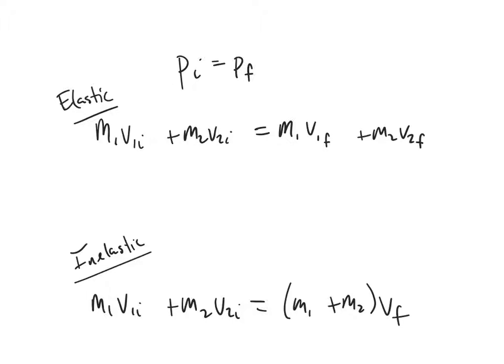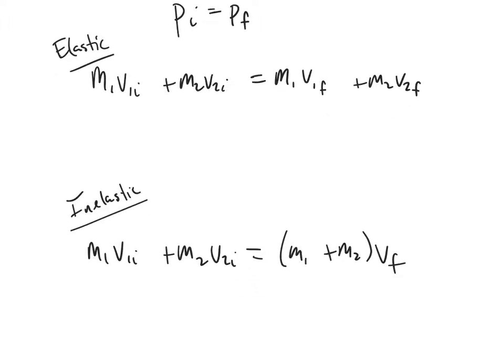Isn't that momentum remains the same in elastic, while in inelastic, kinetic energy doesn't remain the same? Correct. So it's the energy we want to really focus on. Momentum is always conserved, right? Always. Whether it's elastic or inelastic, both of these equations are true, and these equations are giving us conservation of momentum. But the kinetic energy,